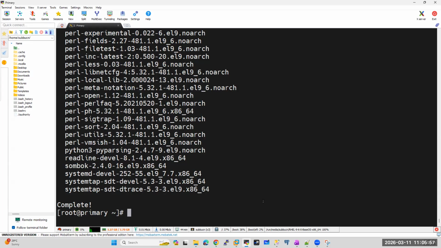First create the Postgres user. Okay. Sudo useradd postgres. Okay, I am creating the Postgres user at the Linux level. I'm going to create a user at the Linux level, and I'm going to set the password. Sudo passwd